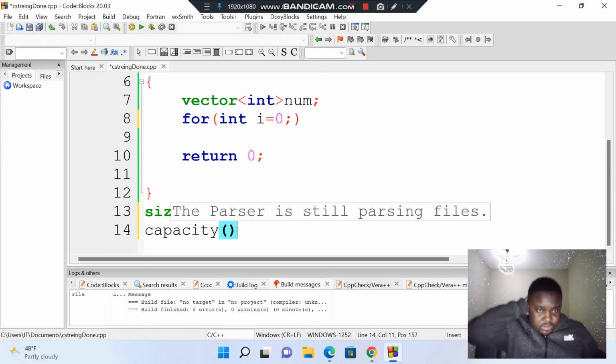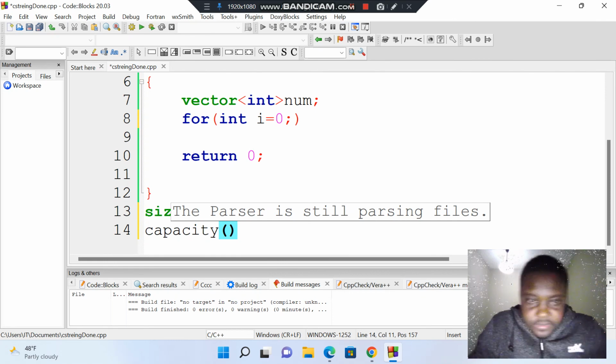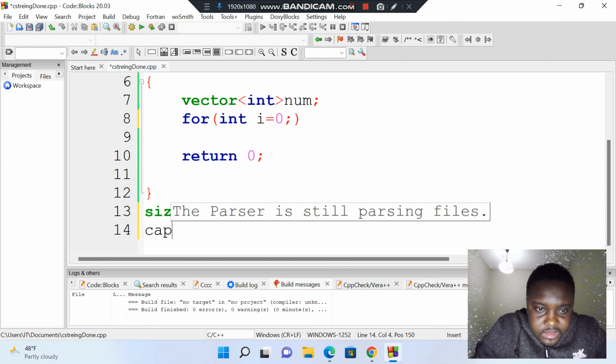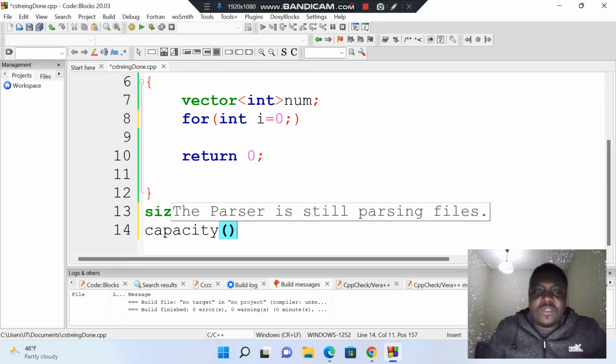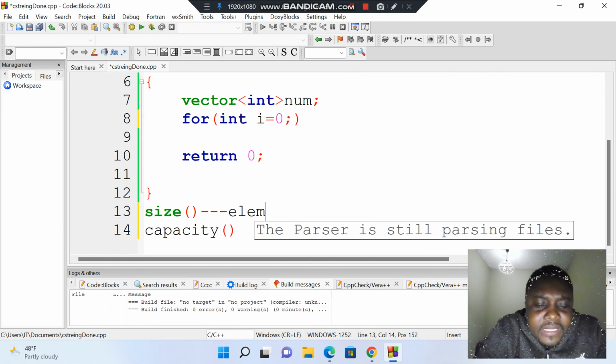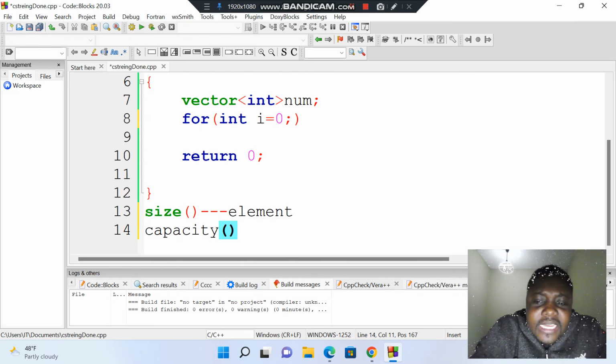Okay, so you can also use the capacity. Just check if I'm writing the right spelling here for capacity. Is it the right one? Okay. So the size and capacity are different. How different are they? The size tells you how many elements are there in a vector. It checks the elements, how many elements. But the capacity checks how many elements